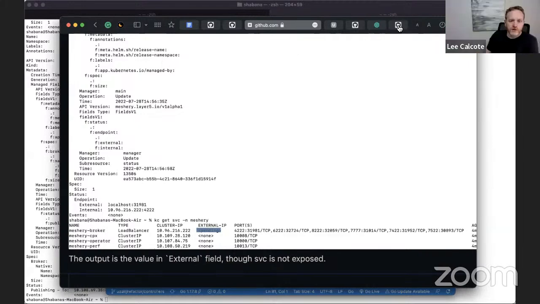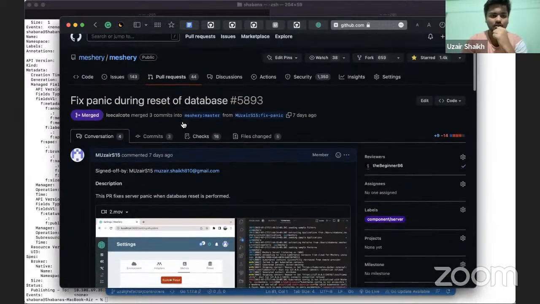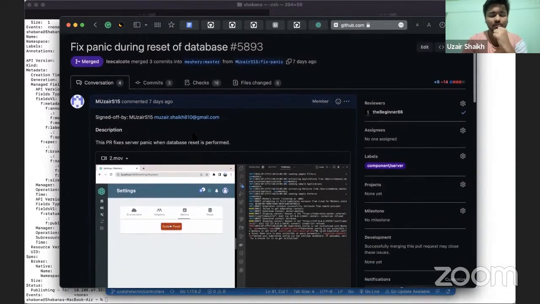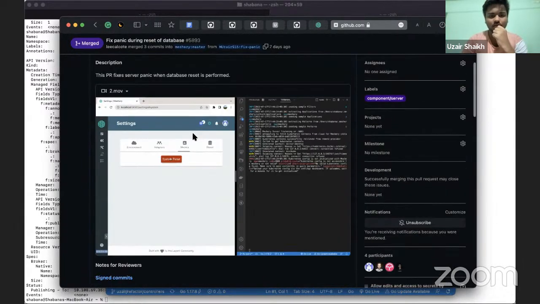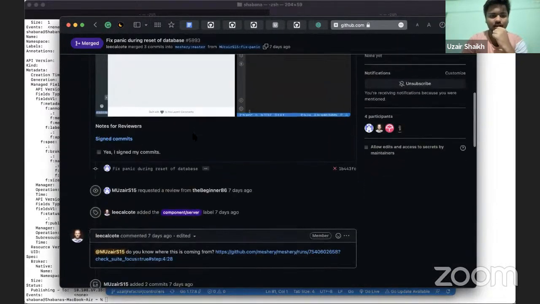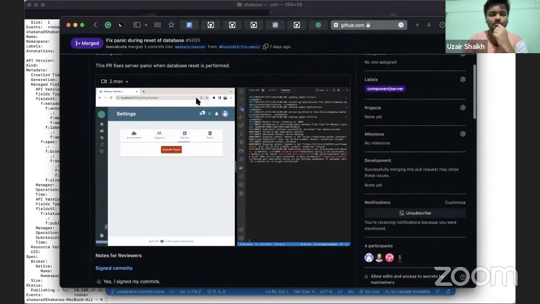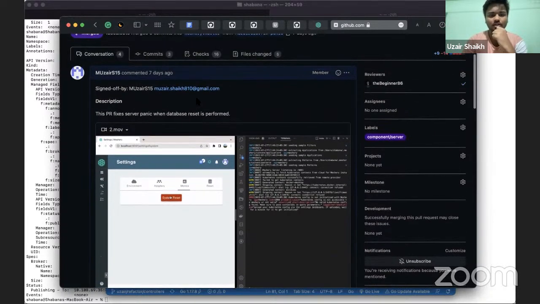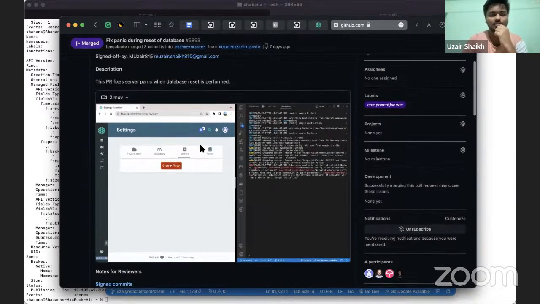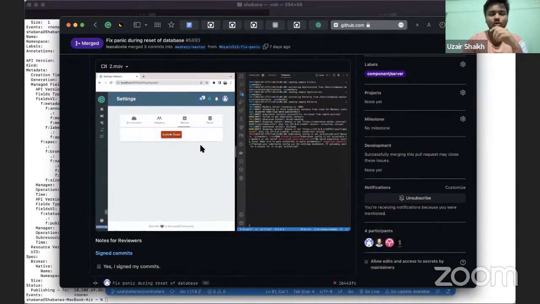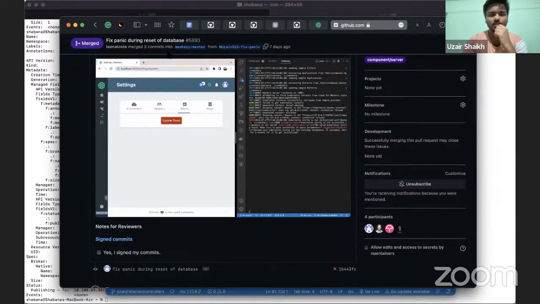Okay, so yes, I will further look into how to improve that. Afterwards, maybe we can discuss. And the next thing was, when we were resetting the database and the broker was not connected to Meshery server, the server was panicking, so I fixed that. And I'm also working towards subscriptions for the context menu. Now, if a cluster is deleted, the context is still shown in the UI and we have to refresh the page. So I'm working towards making a subscription for that. So these are my updates.